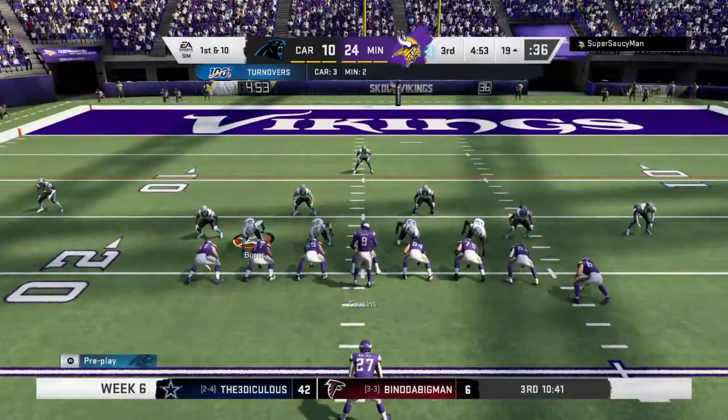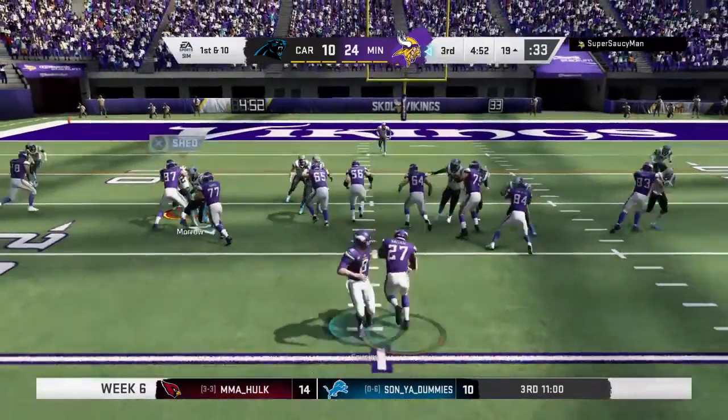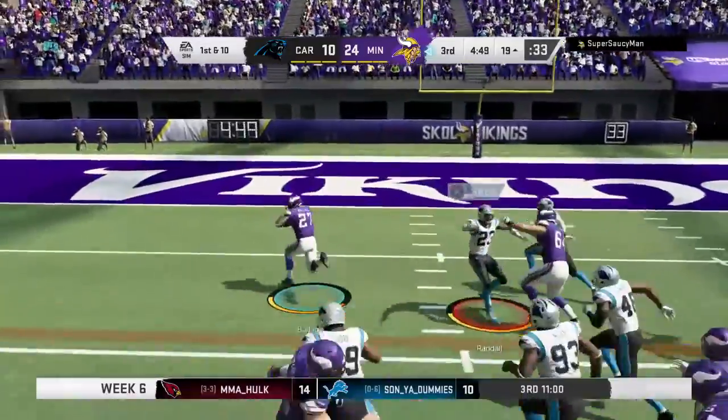But there's a lot of knowledge to be gleaned every time you throw an interception if you do things the right way. And hasn't there been a pretty darn good...